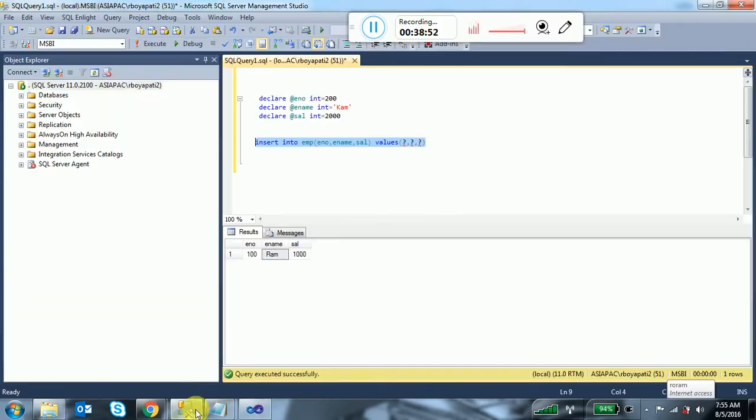Did you understand what exactly the order I have followed is? I have 3 variables, and these 3 variables I am going to pass for the 3 question marks. The order is employee number, employee name, salary, the same order I have given. Click OK. Now I am going to execute this task.